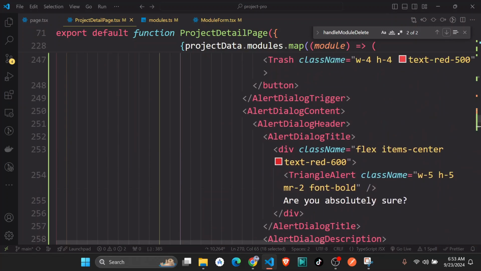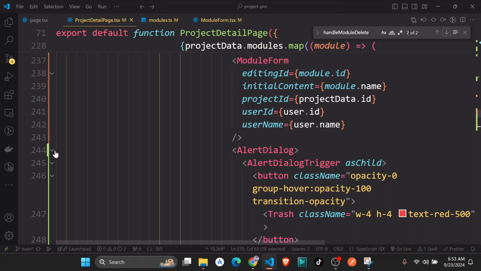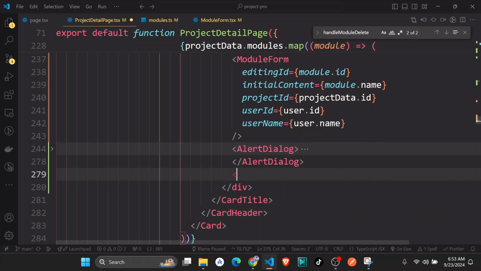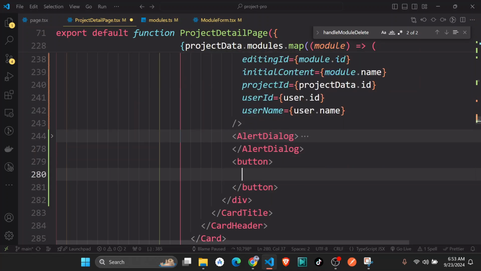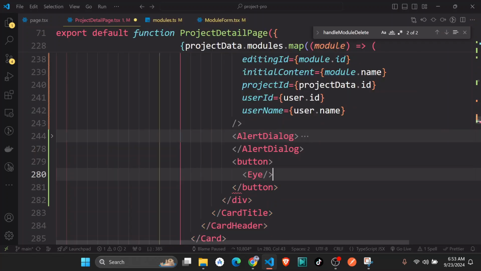This is the second icon, and the last icon is going to be the view. So I'm just going to add another button, and I'm just going to add the view, which I guess is the I from